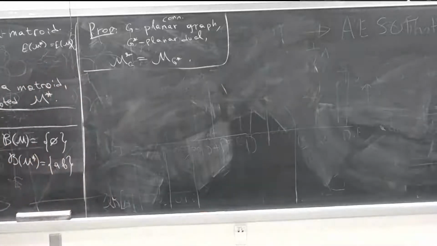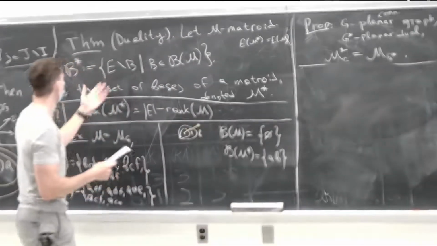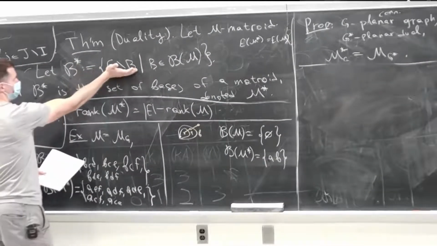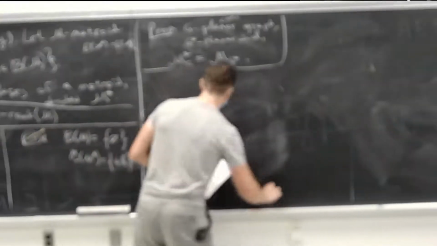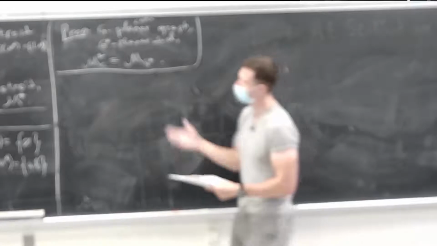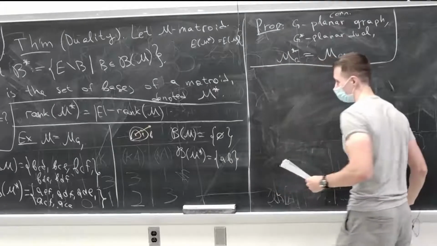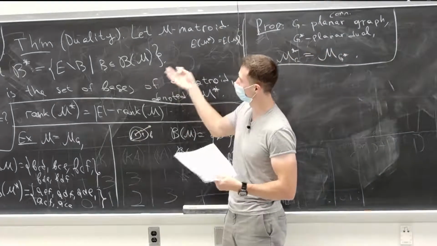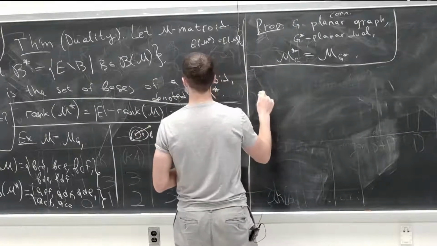Yeah, so in the remaining 13 minutes, I want to try to prove this duality theorem and see what exactly goes into the proof of this statement. Because I need to show that the new collection of these complements gives me a matroid. The main purpose of this proof is that I wanted to choose a statement to play with the axioms. If you want to work with matroids, you have to actually apply these axioms a lot, and I want to demonstrate that. So I want to give you the proof